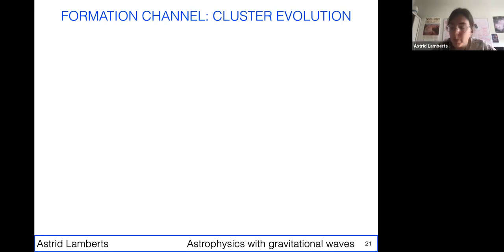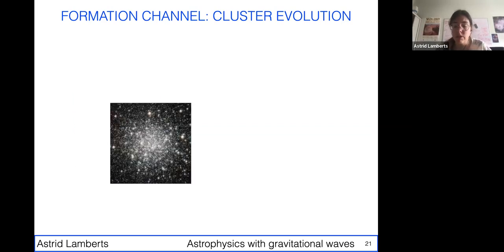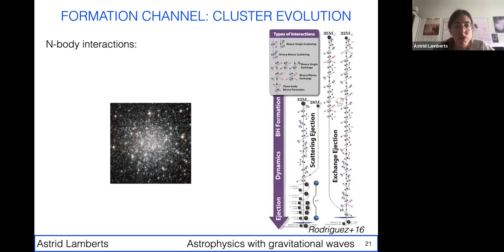So if we look into a little more detail, n-body interactions are complex and simulating them is hard. But in general, this is just a cartoon picture of interactions within a cluster that led to essentially the first detected binary black hole merger. And so you don't have to look at the detail of this picture, but each of these steps in this ladder are an exchange between two bodies or three bodies in this dynamics, in this cluster.